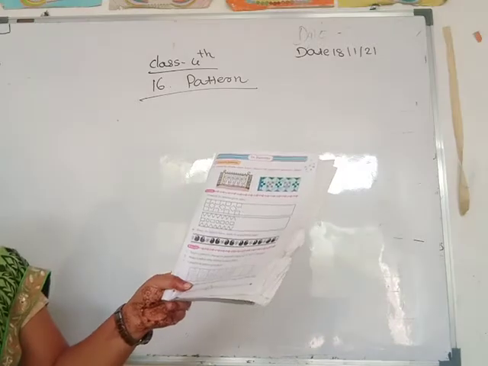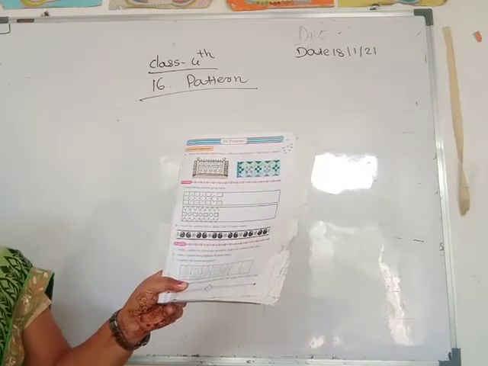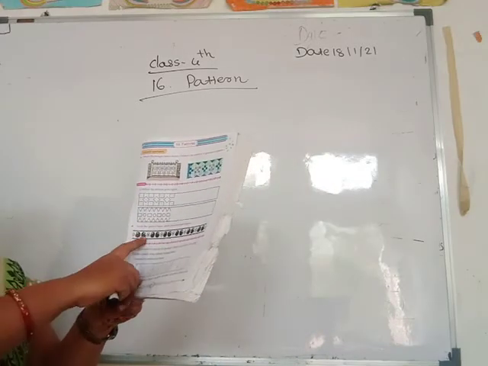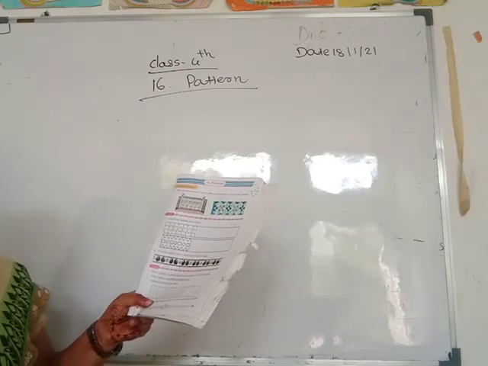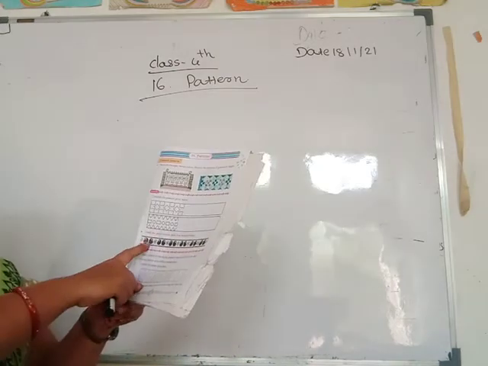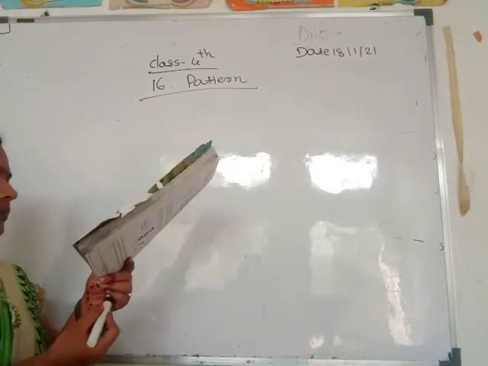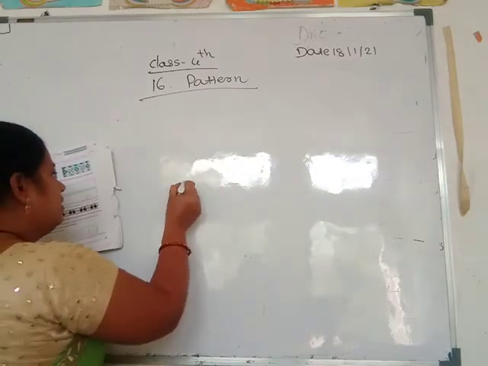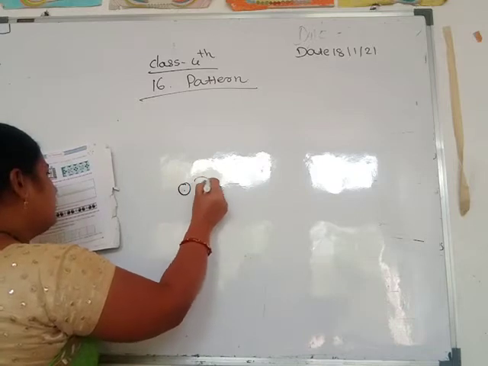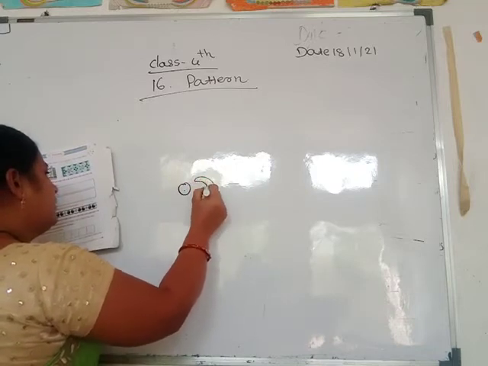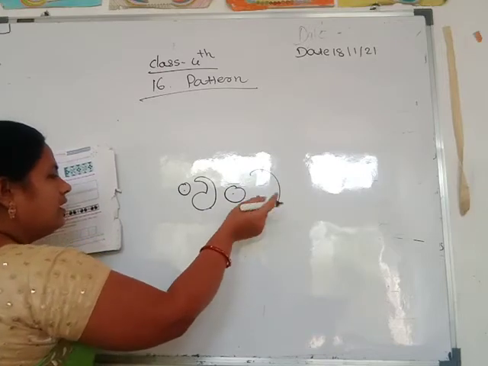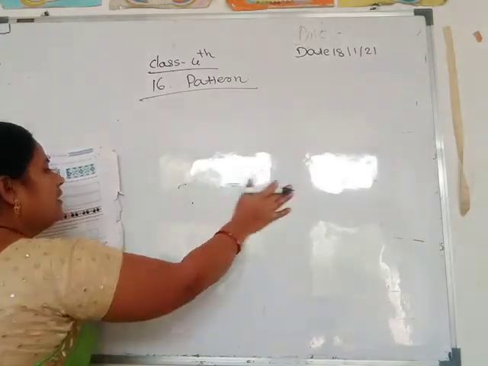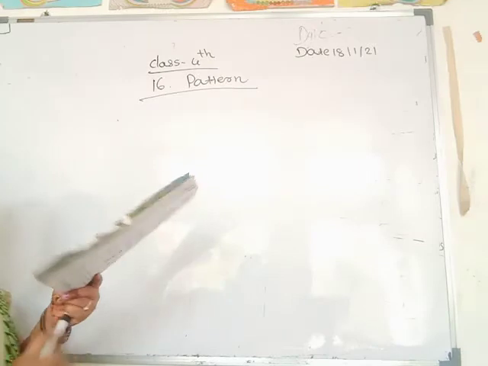Then second question, see, make a pattern using different freehand shapes. By using these freehand shapes, you make different types of patterns. In this type of pattern, suppose here, again you draw here, again freehand you draw here, and in this type of pattern you draw here.